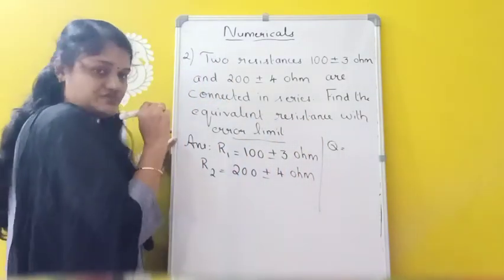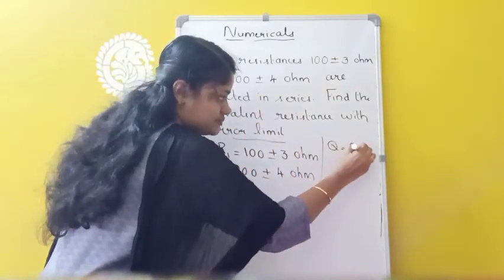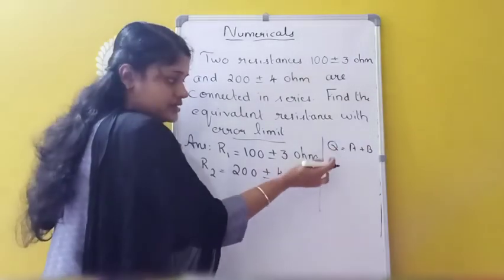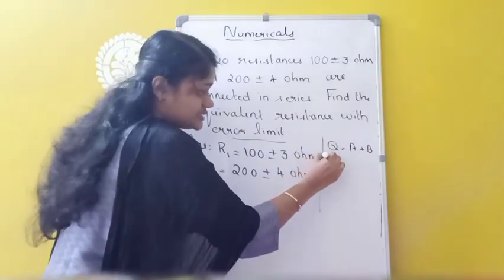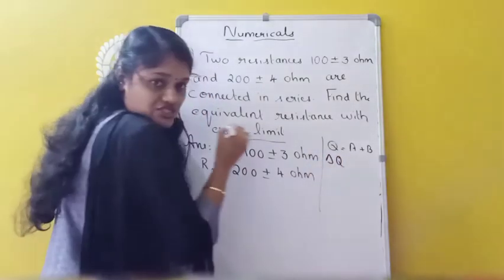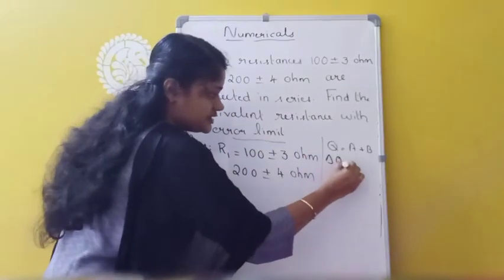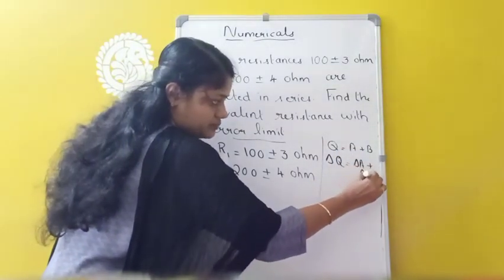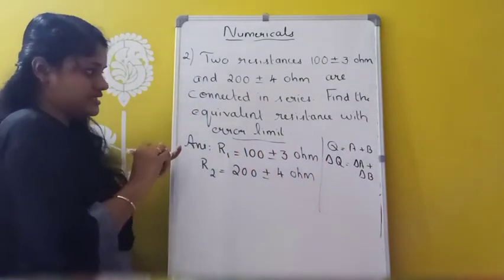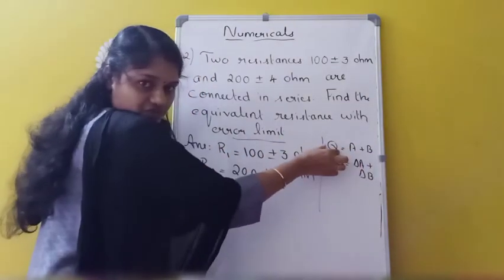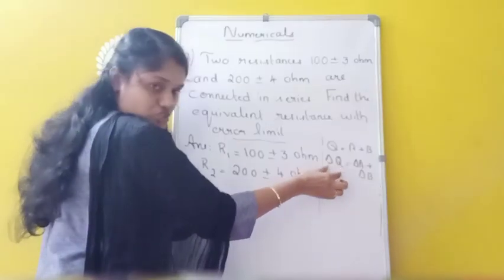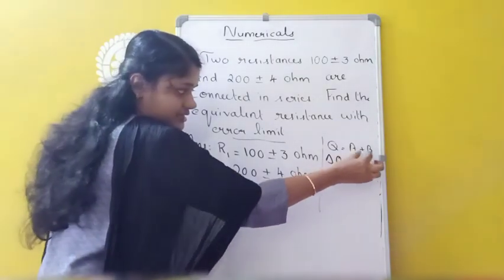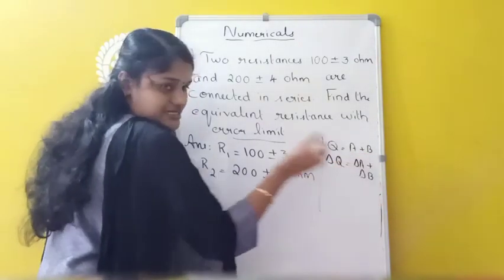Q equals A plus B. So when we are adding A and B, we will be getting the physical quantity Q. Then the absolute error in the measurement of Q, that means delta Q, can be written as the error in the measurement of A plus the error in the measurement of B. So if we have two physical quantities and when we are adding, we will be getting another physical quantity, then the error in this Q, delta Q, is given as the sum of the errors in the individual measurements, that is delta A plus delta B.